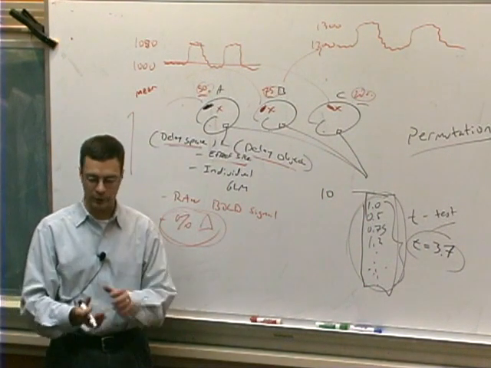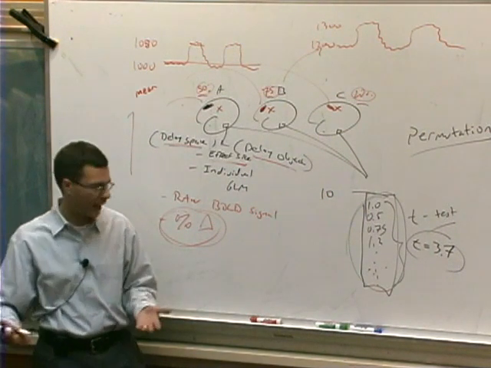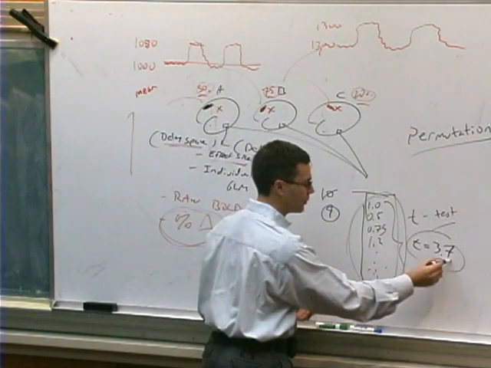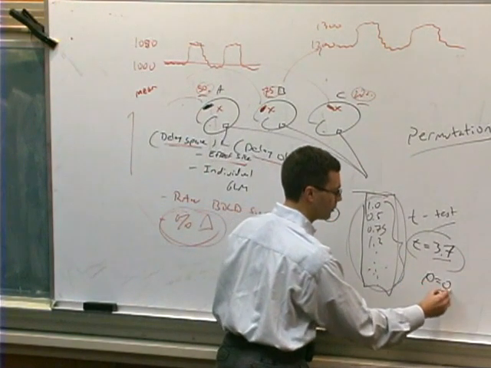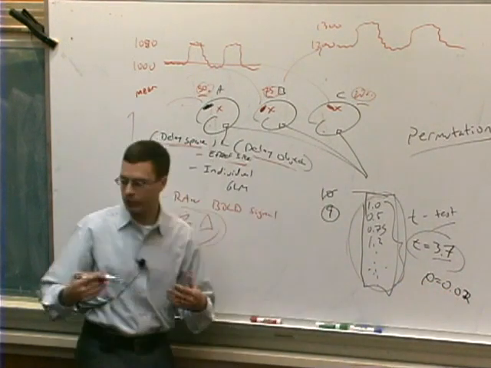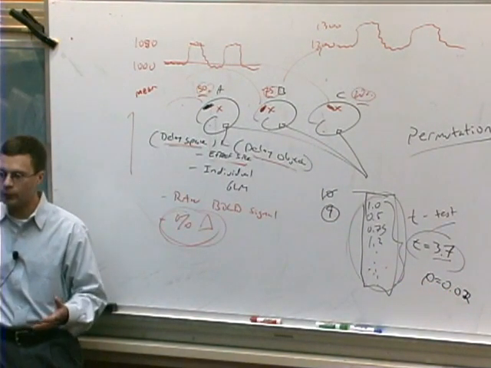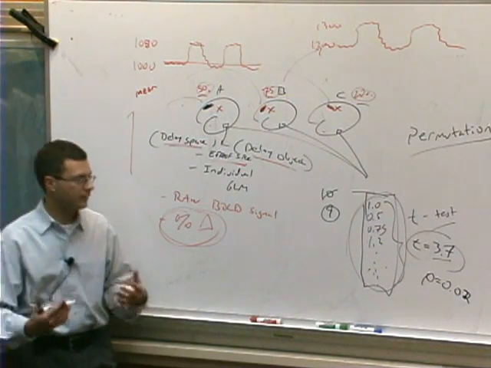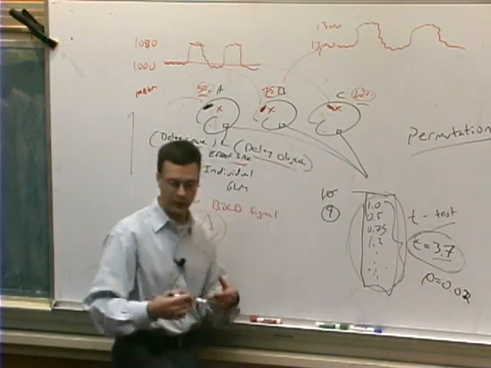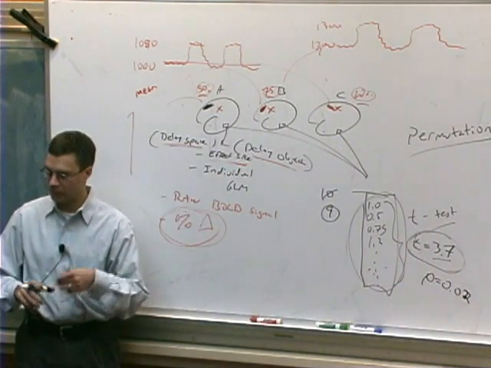Okay, so you could go and just look in the back of a statistics textbook and find, okay, well, with 10 subjects, that's 9 degrees of freedom, t of 3.7, that's equal to a p of 0.03 or 2. I don't know. So some p-value. Right? And so you do that by looking up in a textbook and finding out some information about what the t distribution is under the null hypothesis, and that's how you figure out what the p-value is that's assigned to it.